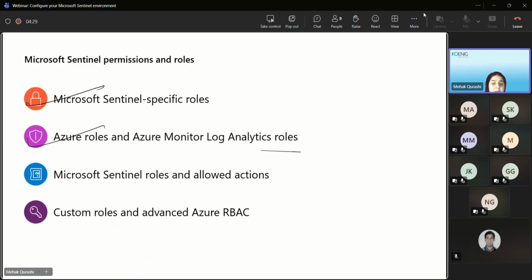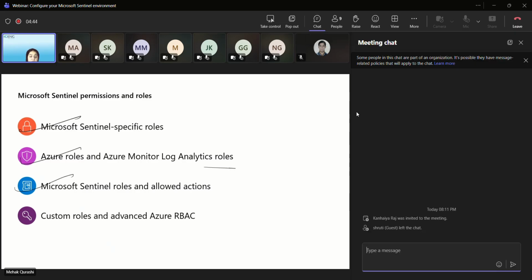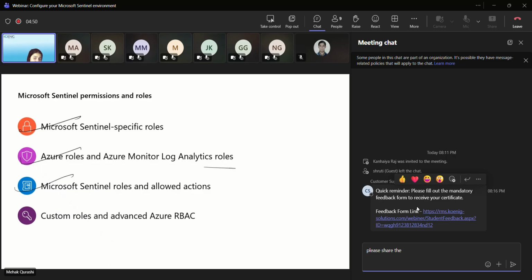Then we have the Microsoft Sentinel roles and allowed actions. This refers to the role-based access control, which is allowed per Sentinel role. For example, if you want to create or delete analytics rules, or view and investigate incidents,